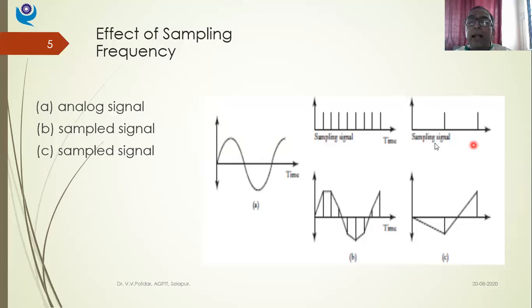But on the other hand, if the sampling frequency is low, as you can see, the pulse frequency is low. So in the given finite time, I've got only 2 pulses coming. Now when that is superimposed on my analog signal, what might happen? When this clock signal intercepts my analog signal somewhere here, it corresponds to that signal. It is chopping it somewhere here, and the next pulse is chopping it somewhere here.